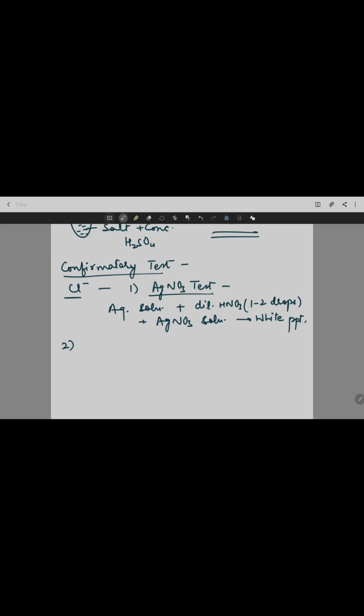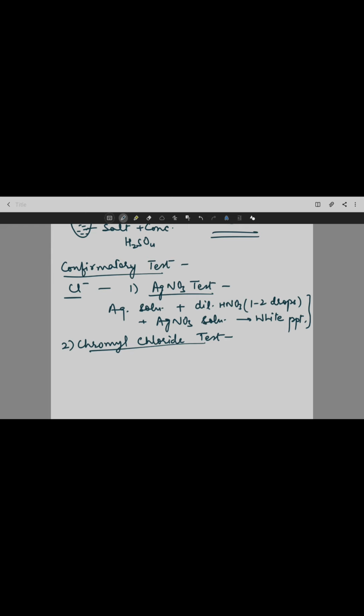Then the second confirmatory test is the chromyl chloride test. Very, very important test, very distinguished also. Why is it so? Because the silver nitrate test is generally given otherwise also. Because if we are using tap water, then most of the times it contains some chloride ions in it. So that is why this test is very obvious, and it is not a confirmation as such, although we take it as confirmatory, but only in that condition when we are using just distilled water, no tap water. Then it may be the pure, or you can say the sure, confirmatory test. But otherwise, we generally perform other tests also along with it.